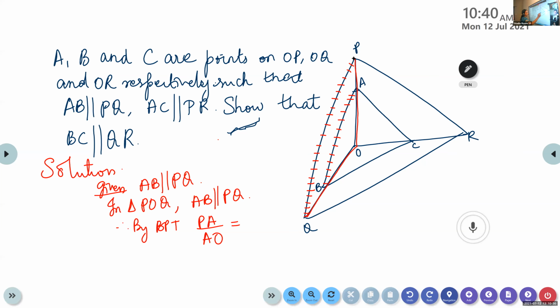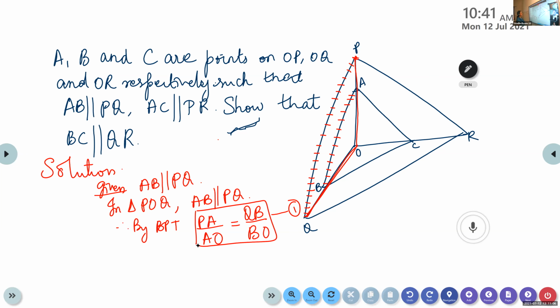We are starting from here, so here also we should start from the other end. QB by BO. Someone has written OA by AP is equal to OB by BQ. Yes, that is also correct. But you should check it: if I start from O on this side, on the other side I should also start from O. Name this as equation 1. So we took the first parallel condition and we are getting the first equation.